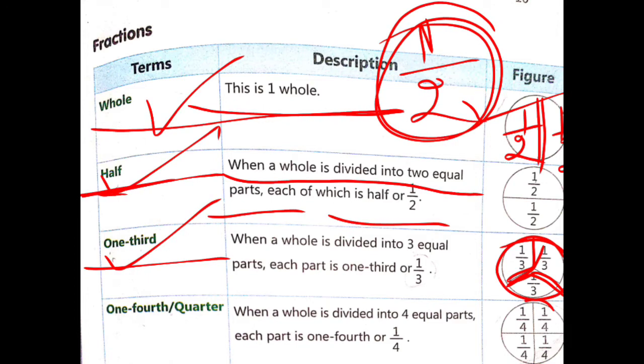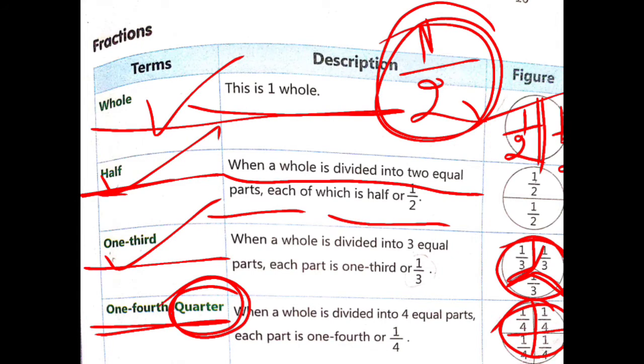And when you divide this complete into 4 equal parts, that is 1/4, and another name is also there, quarter. 1/4 and a quarter. So you have to learn these terms. What is whole? Complete 1 is whole. When you divide into 2 equal parts, it is half; 3 equal parts, then 1/3; and 4 equal parts, then 1/4 or a quarter. Now after clearing these terms, we will discuss some questions related to this.